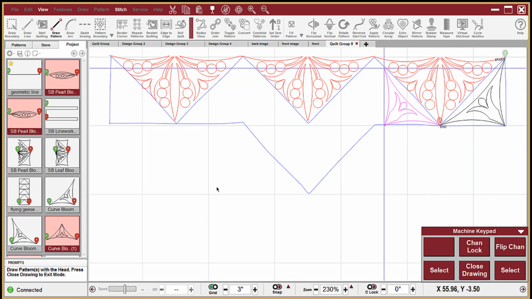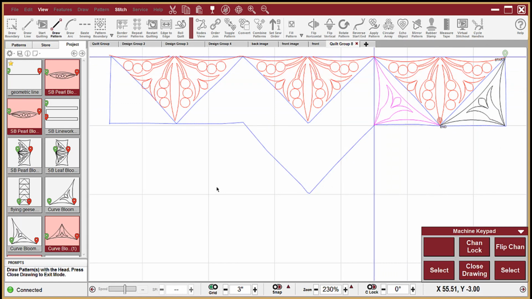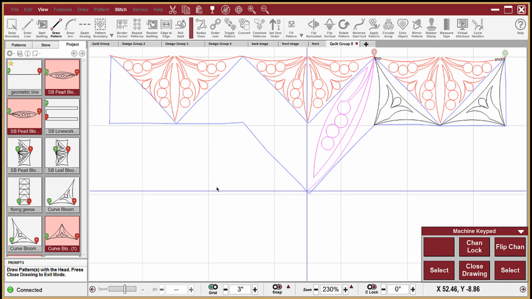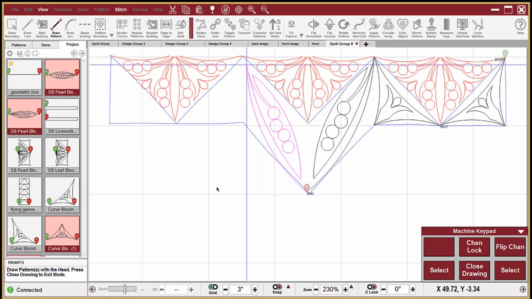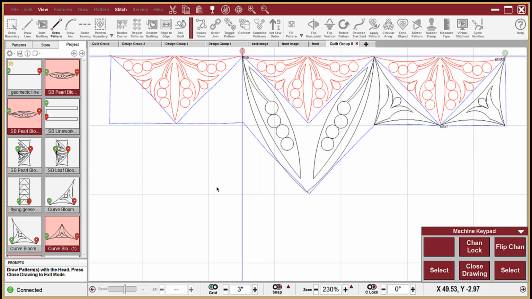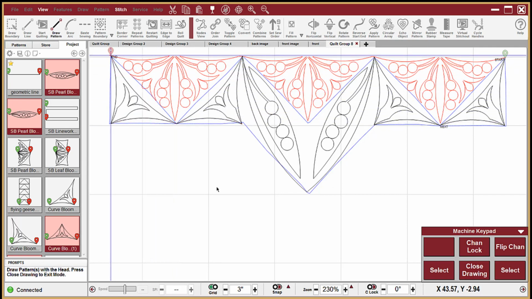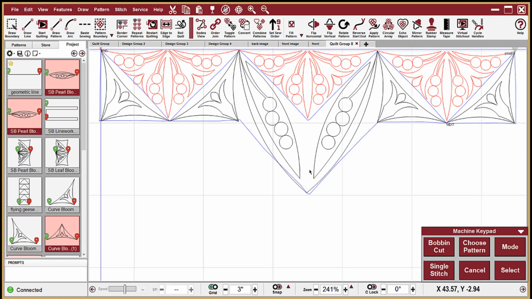Then click across the baseline of my second triangle. The third pattern will be the first parallelogram that we selected, so we go all the way down to the tip of the parallelogram, and then up to the other side of the parallelogram. The next pattern will be a triangle, so we'll click across the baseline of the triangle, up this other side, close, and exit drawing. Now we can use our handles to adjust anything that we might need to, and